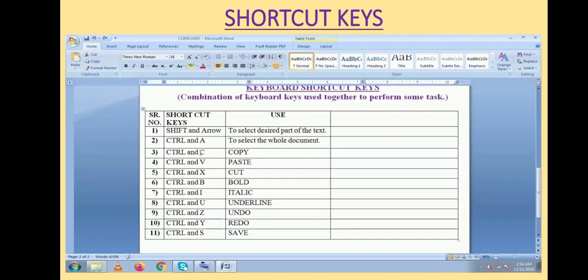So for that purpose, you can use these keyboard shortcut keys. There are number of keyboard shortcut keys available in MS Word. A very few of them you are going to learn in this class.